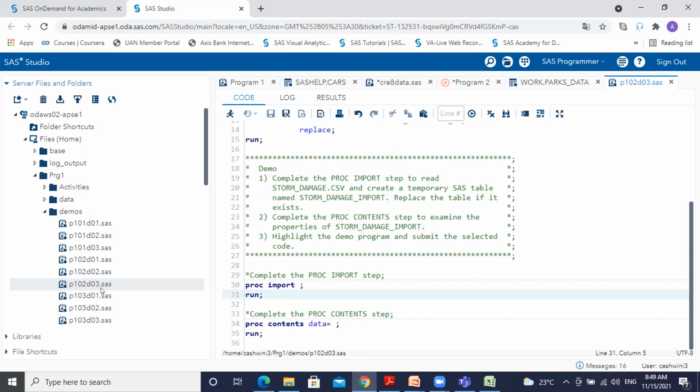And D is demo 03. Yeah. PROC IMPORT DATAFILE.